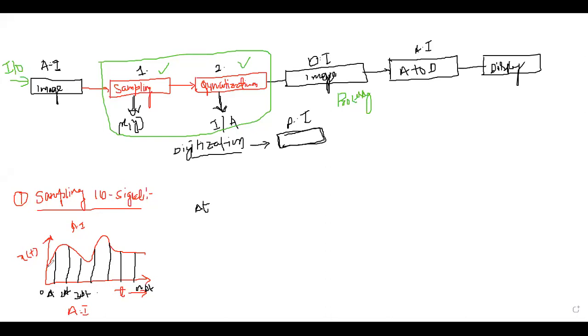Fine. Now what have I done? Now I will take points in this signal. Now I have taken the points at the time interval of delta t. Now this will be 1 point. This will be another point, and another point, and so on.